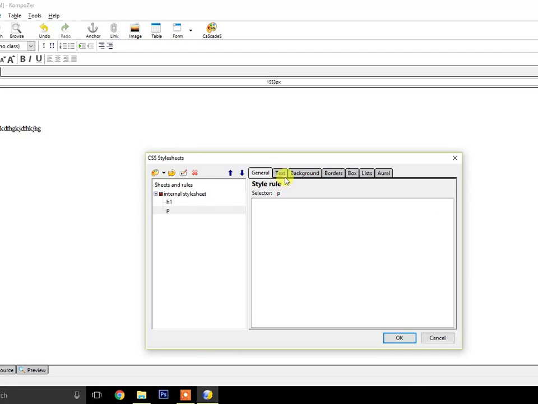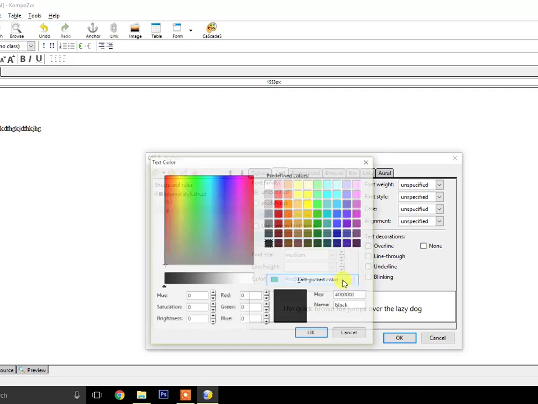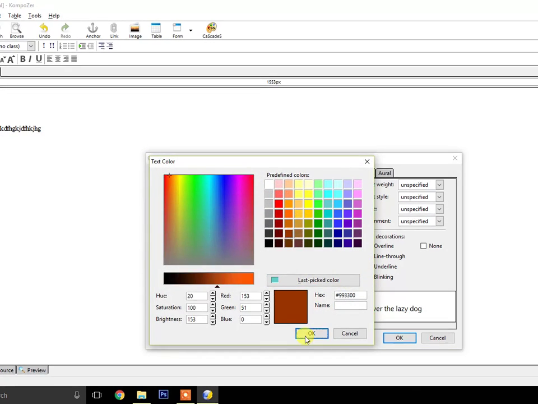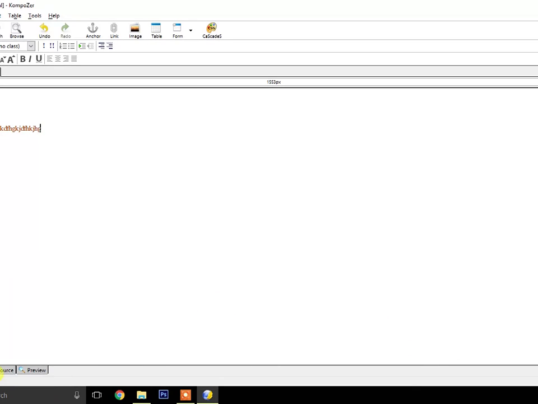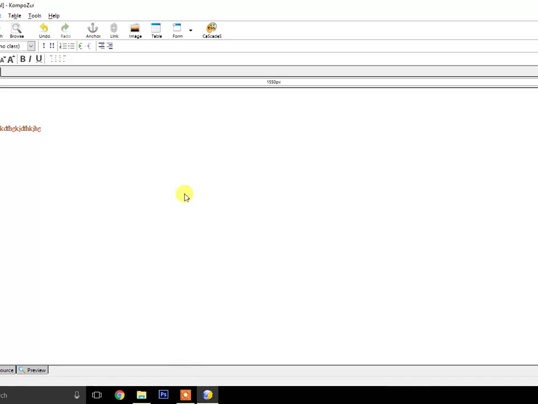Now whatever you want, I want this one, medium, color, this one. Now you can see that all your data is here. Your p and your h1 are coming here, whatever you have just added.